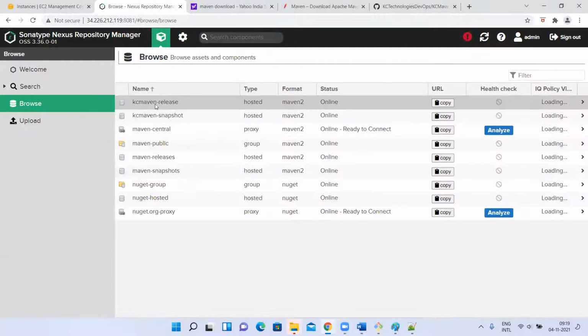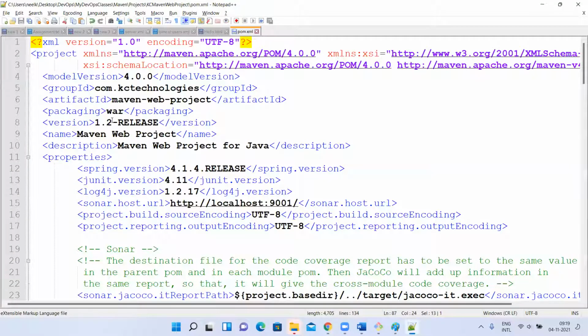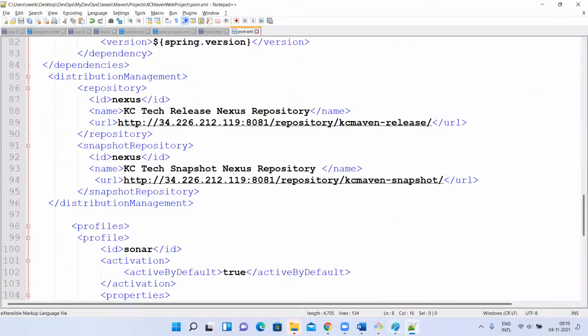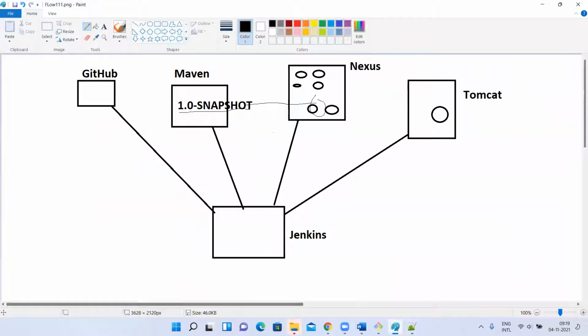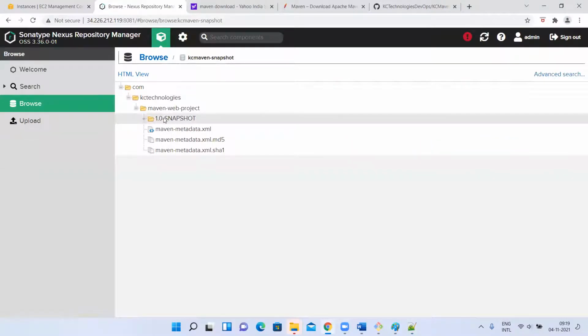Oh, it is in snapshot. Why did it upload to snapshot? Just a second. Somehow it uploaded to snapshot. You remember this? Why did it upload to snapshot? I'll tell later. But has it uploaded 1.0?